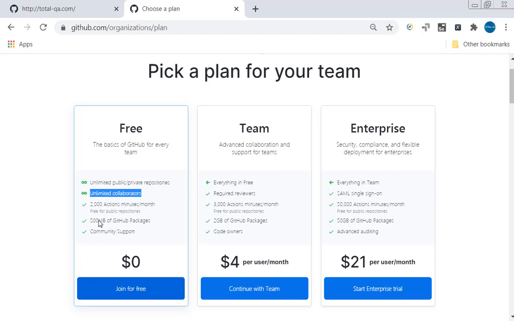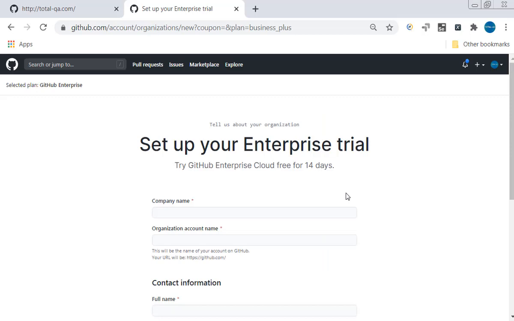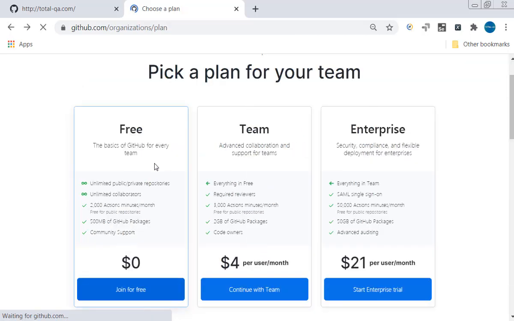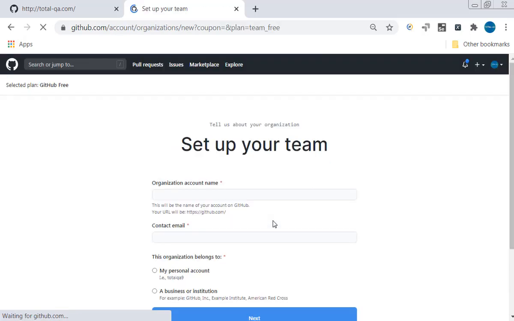And also you have some information like 500 MB of GitHub packages. The difference between free, team, and enterprise is, you can look out here, it's 500 MB, this is 2 GB, this is 50 GB, right? So that is the information, and also the authentication mainly here in the enterprise. This is majorly used in companies. It's the enterprise version. You have SAML authentication, which authenticates based on the employee ID number and the credentials. But for us, we select the free option, join for free. It is sufficient for us to practice.